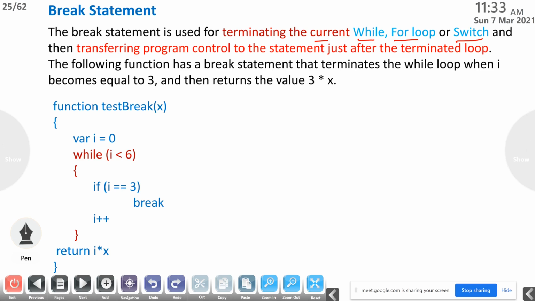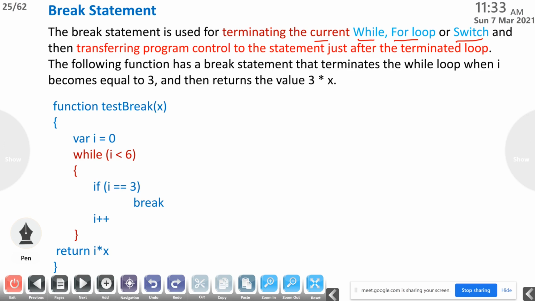If you are using more than 2 loops, then it will terminate the current while loop or for loop or switch statement. Then the program control transfers to the statement just after the terminated loop.